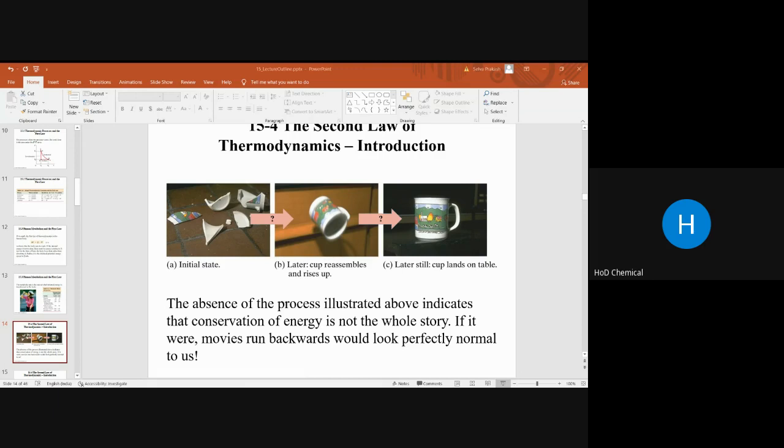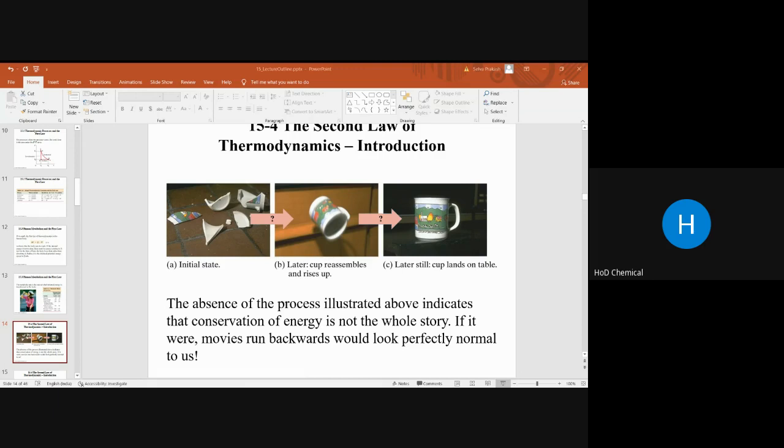Okay, now the next one is entropy and the second law of thermodynamics. The definition of a change in entropy, where an amount of heat is added to the system, is delta S equal to Q divided by T. You already know that delta S is the entropy change of the system, Q is the heat, and T is the temperature.